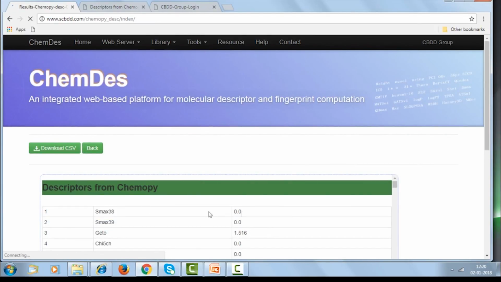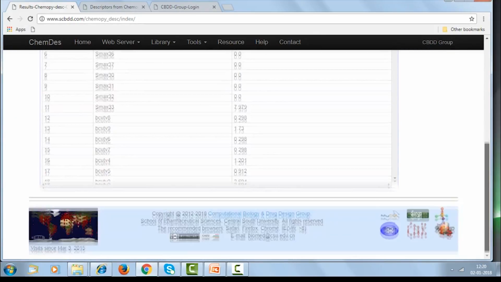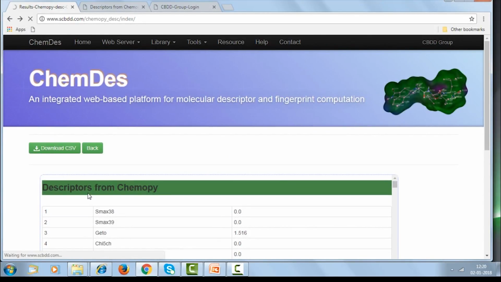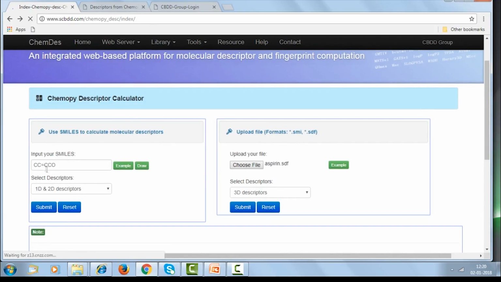Again it calculates the descriptors for that molecule. So this is CH2, CH double bond, CH, CH2OH. This is an unsaturated alcohol, unsaturated butanol. This is a very nice